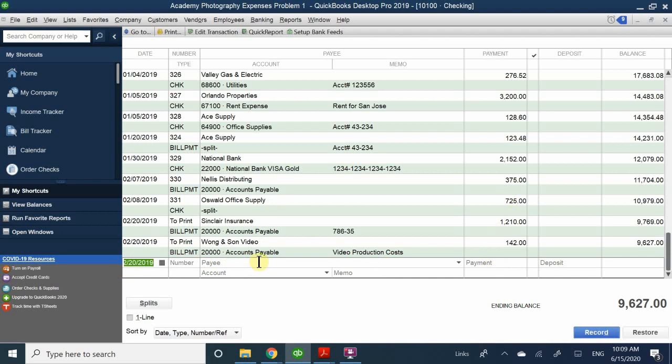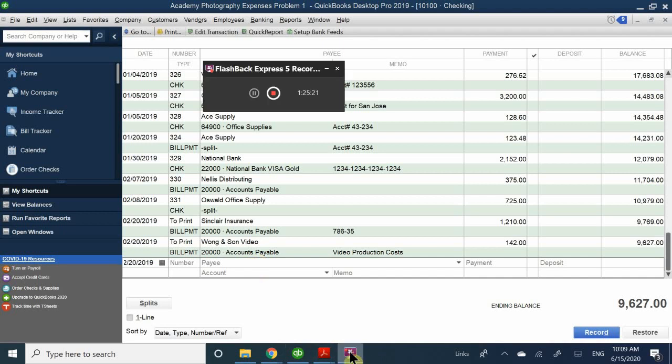Okay, so right now it is 10:12. I am going